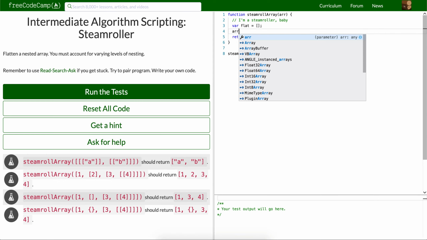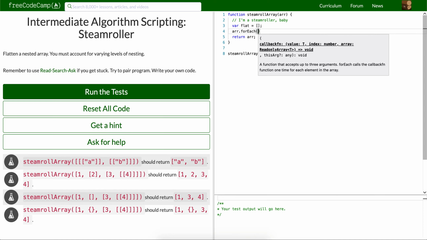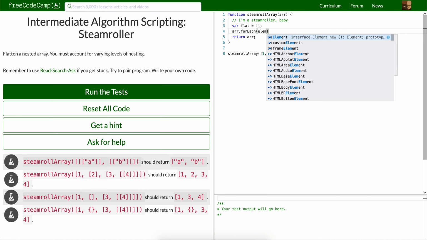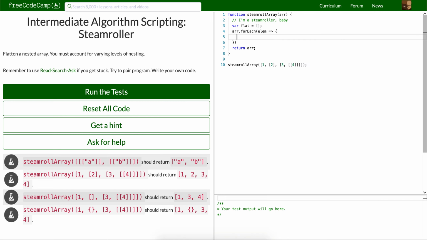Now we're going to say arr.forEach. We're calling the forEach method on the given array. And from that we're going to get an element. We're going to call it element. It's going to be the next element in our array. It's going to run this for each element. And we're going to say if